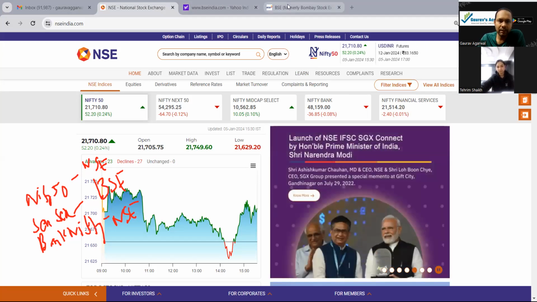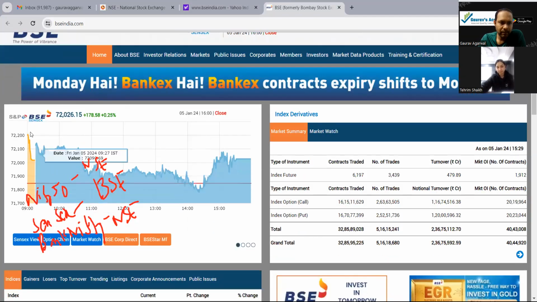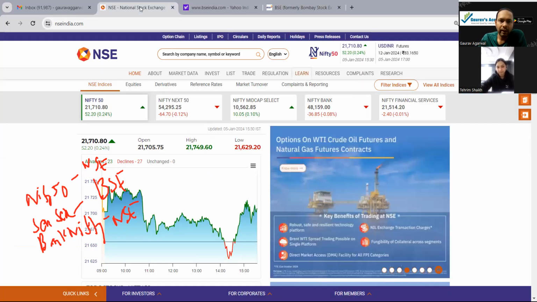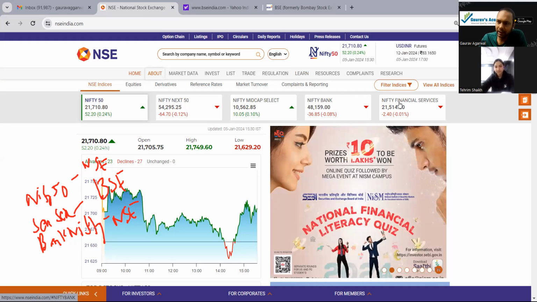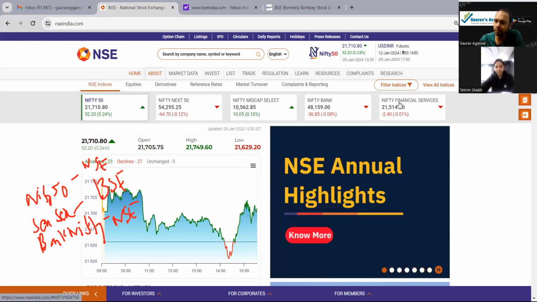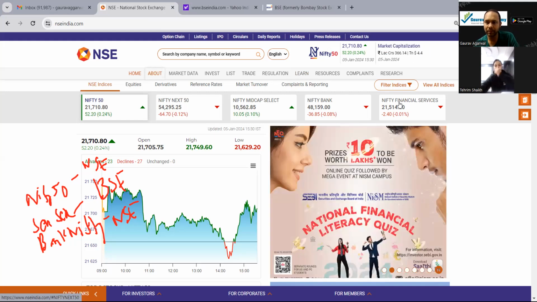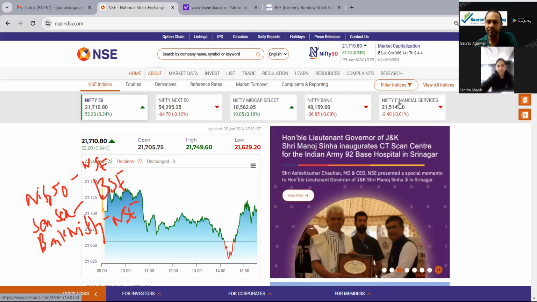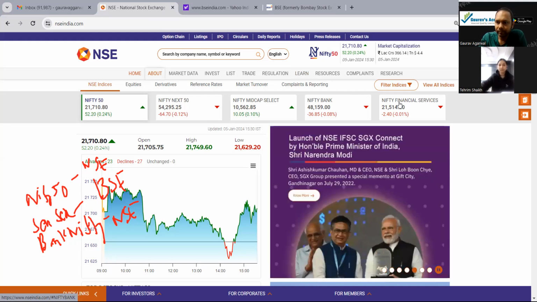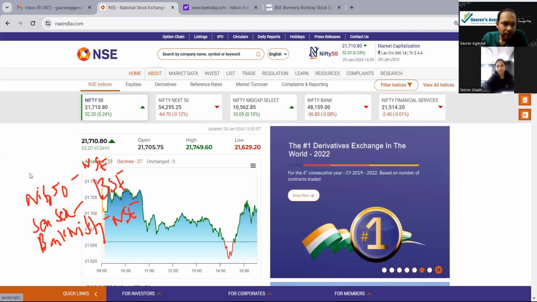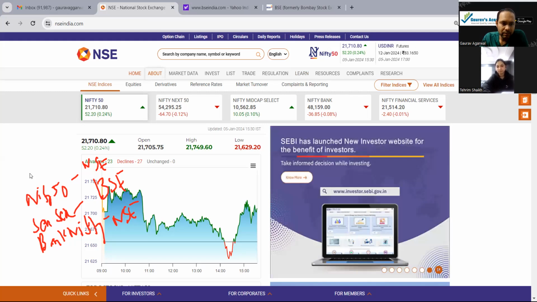If you go to BSE India, you can see here BSE Sensex, right? So this is a Sensex here. And when you go to NSE India, you can see the indexes here: Nifty 50, Nifty Financial Services, Nifty Bank. Apart from Nifty Bank and Nifty 50, there are many other small indices, right? Mid cap. As I spoke to you yesterday, we have large cap, mid cap, small cap, right? Same thing, they have indices also. Nifty mid cap and Nifty small cap is also there. But main indices are Nifty 50 and Bank Nifty, right? Fine. So this is clear. Any doubt in this?